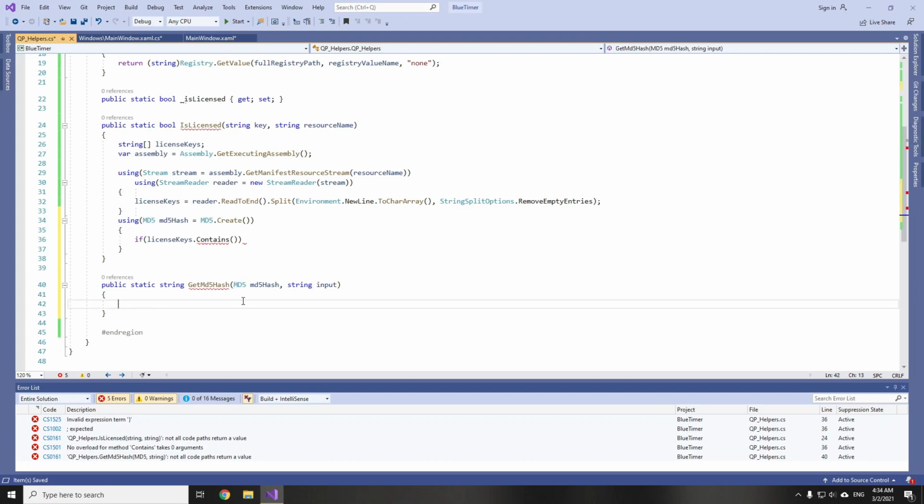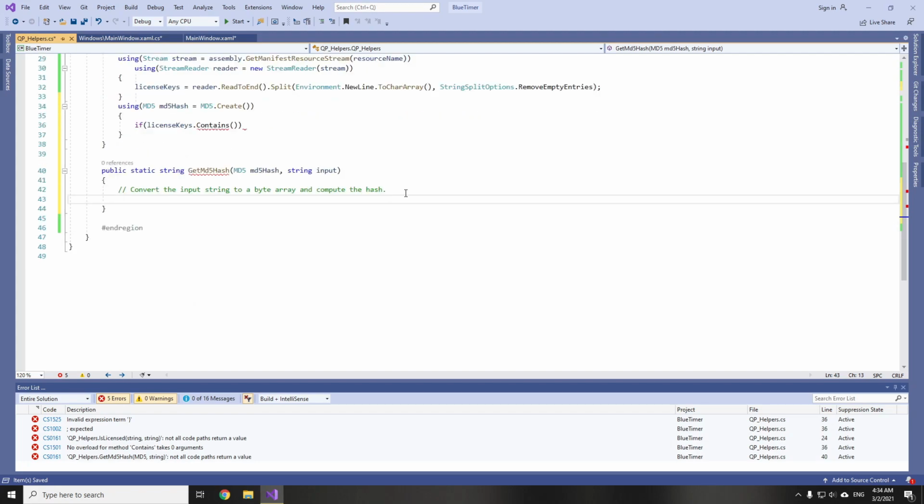So let's continue. First, we will convert the input string to a byte array and compute the hash. Don't worry, I also got this code from somewhere, and you don't really have to understand how it works. You just need to call this method.